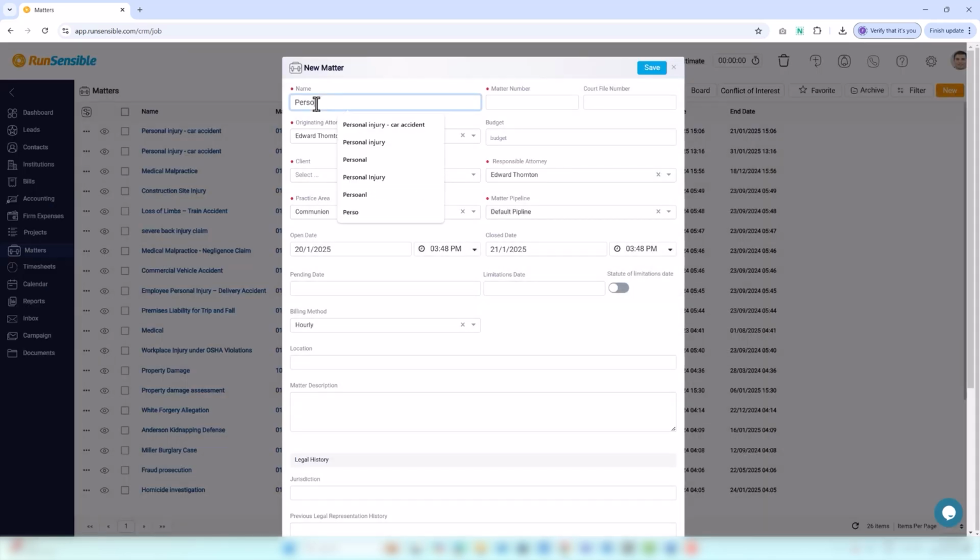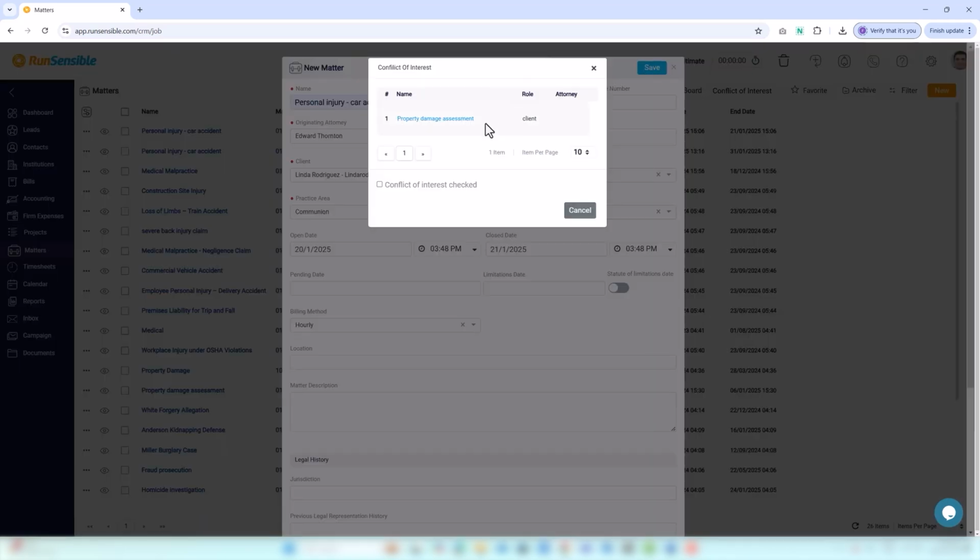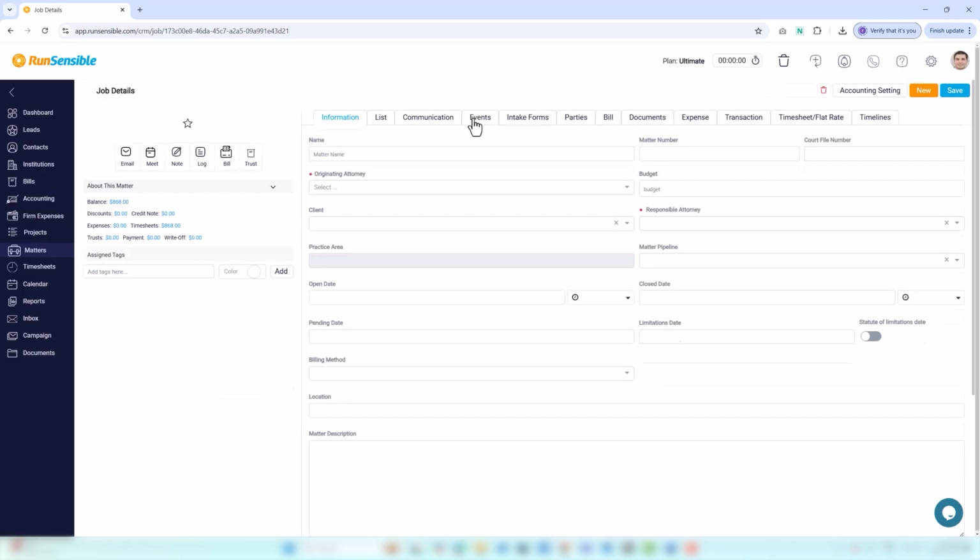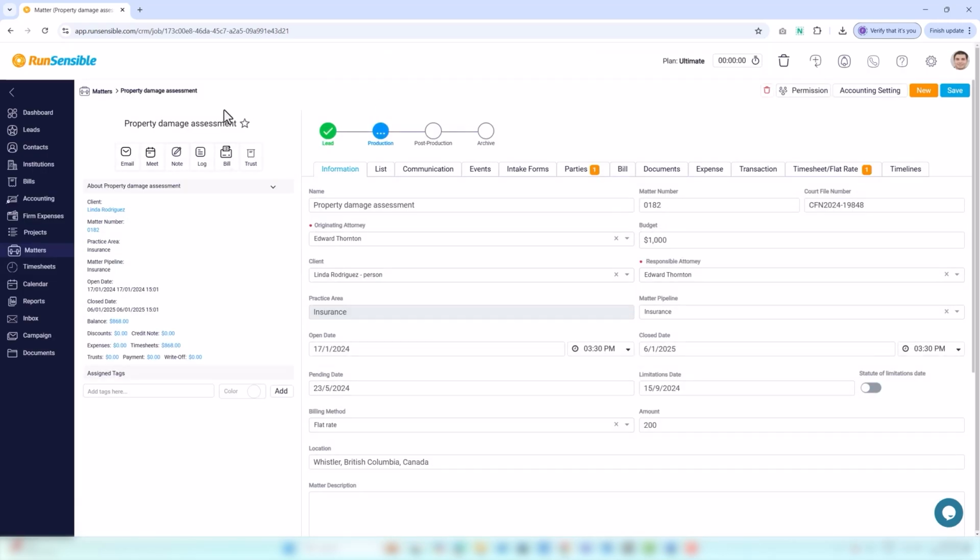Alternatively, after creating a new matter, you may encounter a warning indicating a potential conflict of interest. This warning will be triggered if the system detects a conflict between your current matter and existing contacts. When this occurs, a list will appear displaying the names of the contacts with whom the conflict exists. You can click on each name in the list to view their detailed information panel, allowing you to understand the